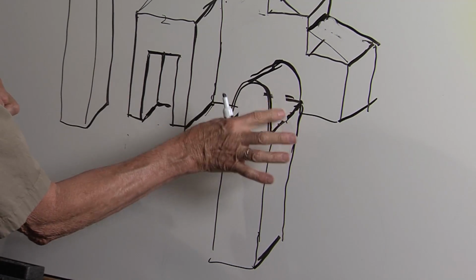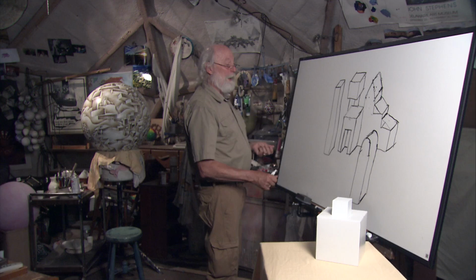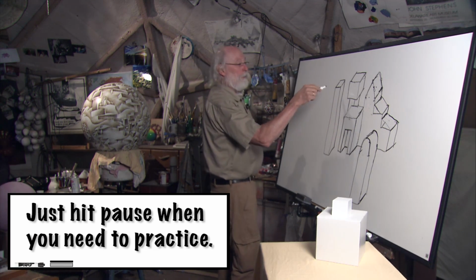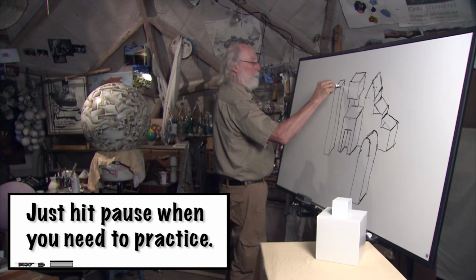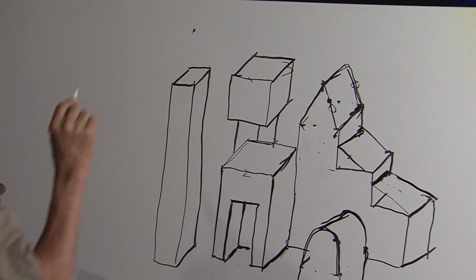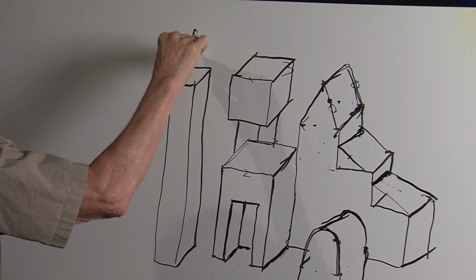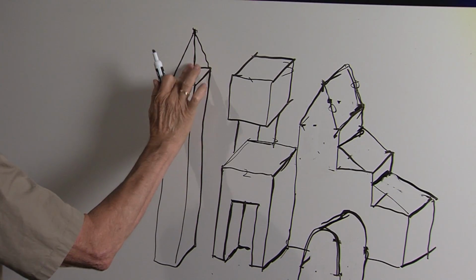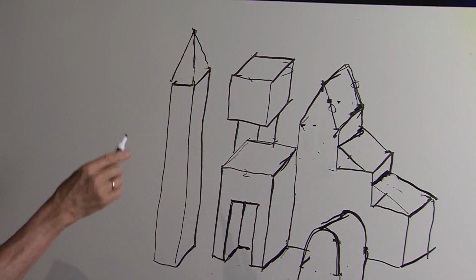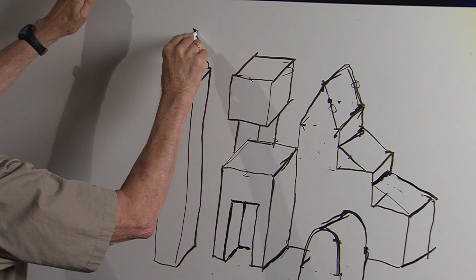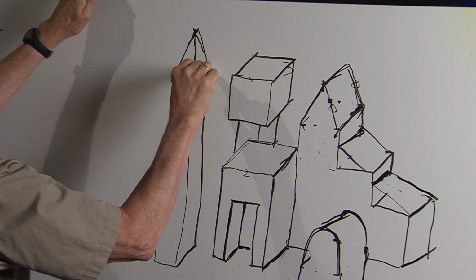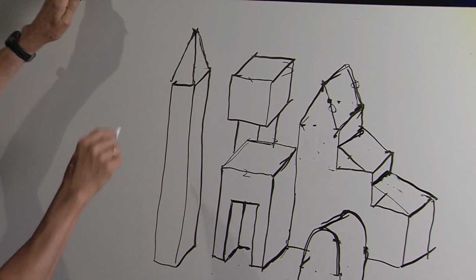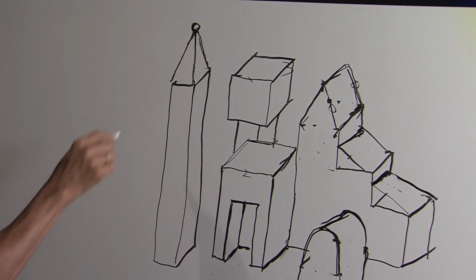I mean, if you look at cities, you see a lot of different types of roofs. Let's see what we could do over here. We could add a pointed, let's go with a pointed roof here. We'll have that be the top of it, and it'll be like a pyramid up on the top. A little bit of erasing here, and looks like it shifted a little bit. I'm going to shift it back that direction a little bit more. Make it look a little bit more accurate. All right, and maybe it has a little ball on the top of it.